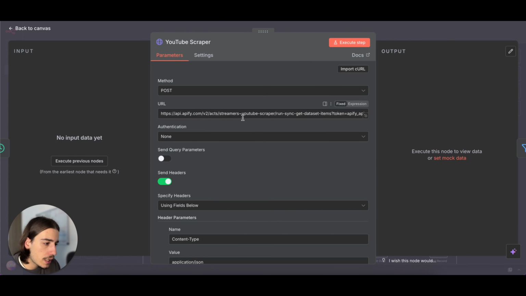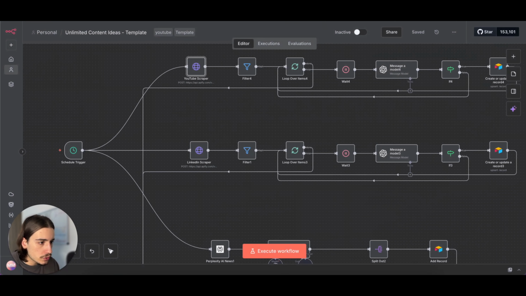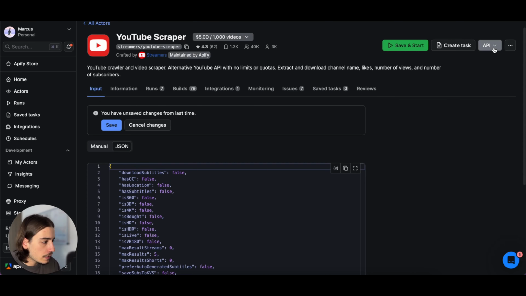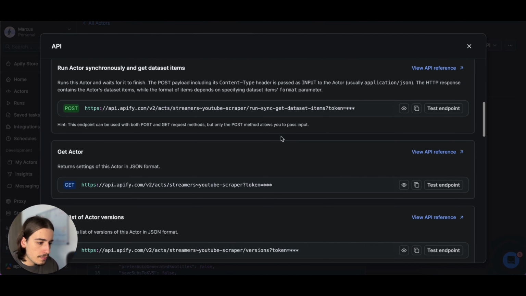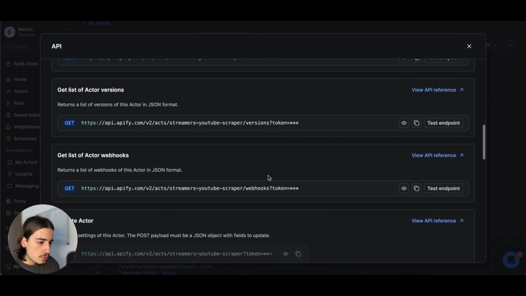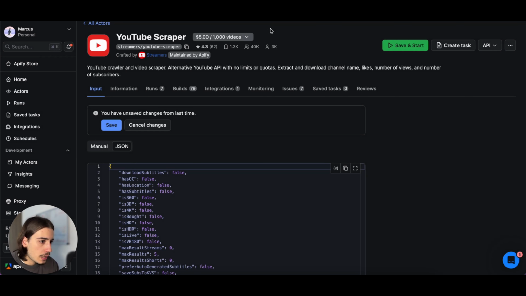To get the actual link with your Apify API key, what you want to do is go back into Apify, click on this API button here, API endpoints, scroll all the way down to this one here, run actor and get dataset items. Just copy and paste that into